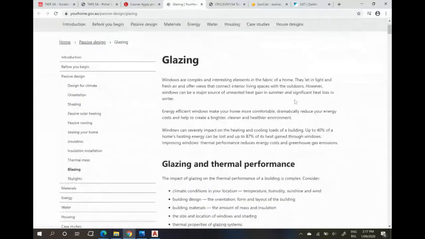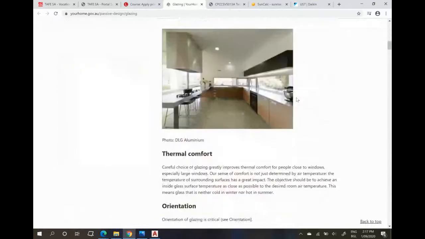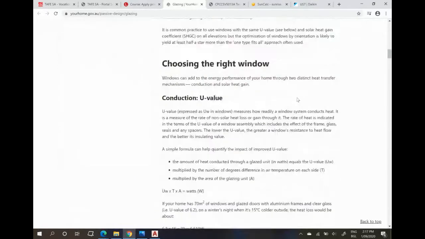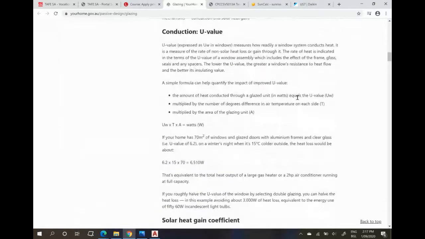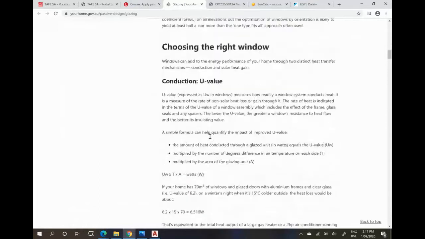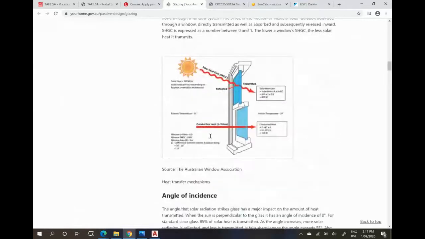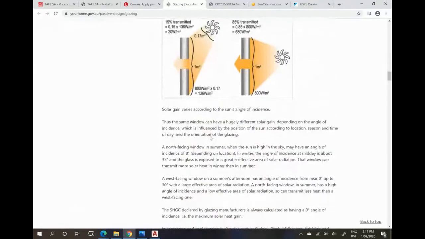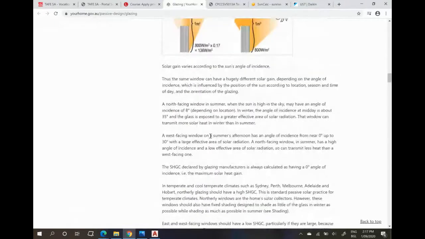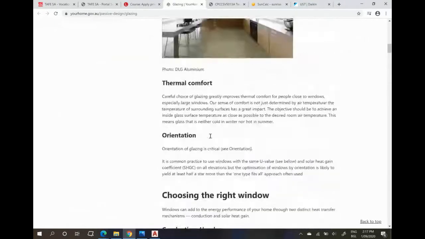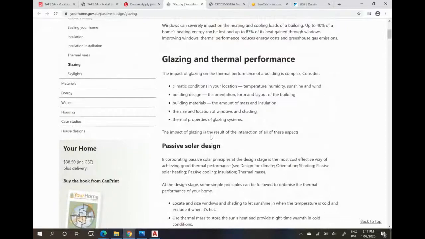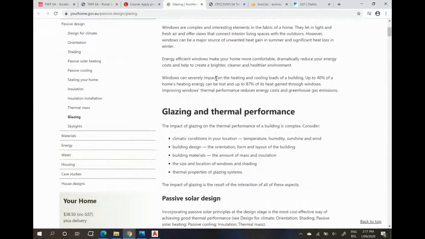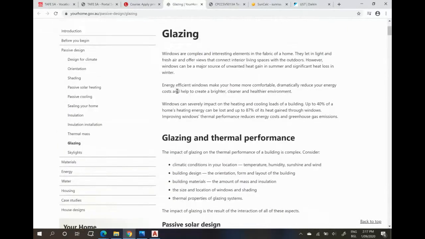So Your Home, and that's linked specifically to glazing, and there's plenty of excellent information here in terms of glazing. So U value, SHGC, etc. What's appropriate for what sort of orientation? Excellent info, but that's not directly related to what we'll be looking at today. What we will be looking at is the shading component. So if we head back up to here, click on shading,